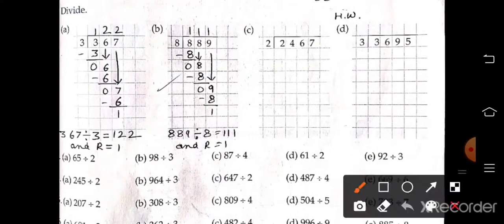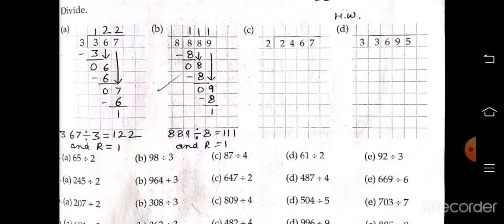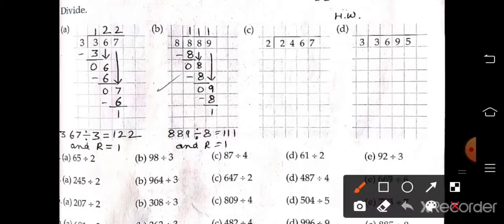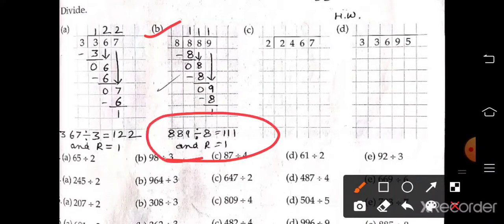Now question number 2, simple divide, and we have to write the remainder. Now 3 1 ja 3, subtract 0. Now 3 2 ja 6, subtract 0. Then 7 right here. Now 3 2 ja 6. Okay, so 7 minus 6, remainder is 1. So this is called remainder. So write R equal to 1. Okay, so like this you have to do B part also. Here is also remainder 1. C and D is your homework.